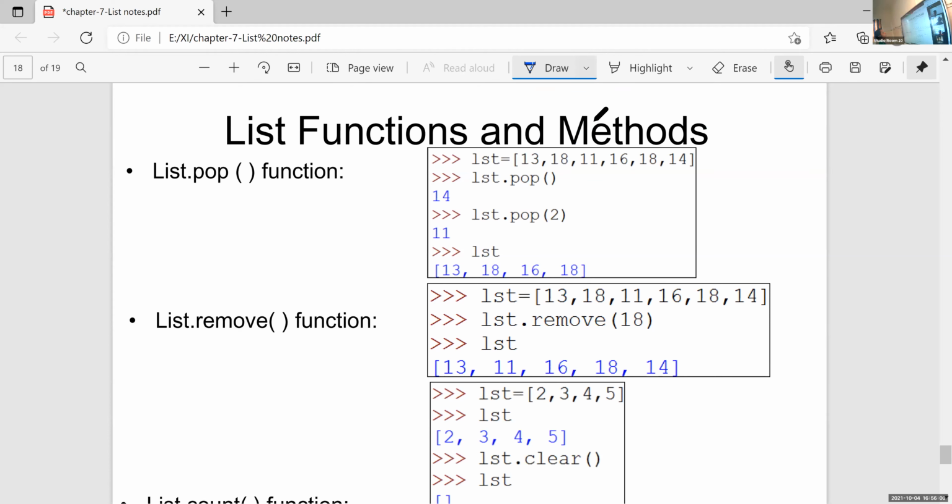The next function, it is pop function. Pop we already discussed, isn't it? We already discussed that pop function, isn't it, Thompson? Yes, ma'am. Okay. So what is the use of pop function? Sarah, what is pop function? I don't know. Okay. Vishnu, what is pop function? Ma'am, I don't know. Anyone?